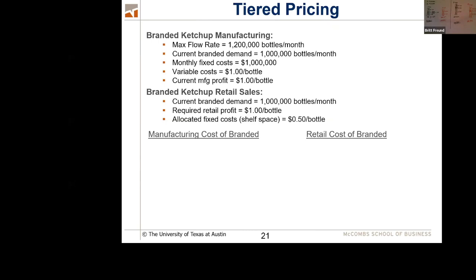Jeff and Brooke have been friends forever. They remember back to their MBA days and everything. They've been friends, and so Jeff says, yeah, let's do that. So Jeff changes the accounting rules and instead charges $1 for every bottle, just like they used to charge over here, $1 for every bottle for allocated fixed cost, $1 for every bottle of Lance's sales. And now there's a new meeting with Ashley.